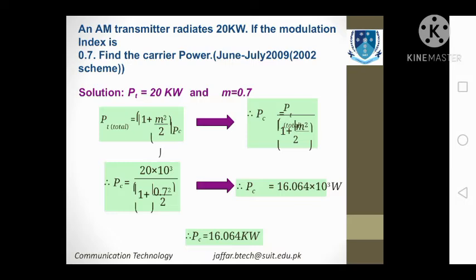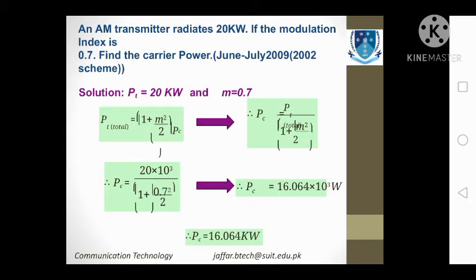So when you put the values of PT and m square, that is 0.7 square, and PT is equal to 20 kilowatt, that is 20 into 10 power 3, you get the value of 16.064 kilowatt. So you see that out of this 20 kilowatt of total power consumed by any AM transmitter,